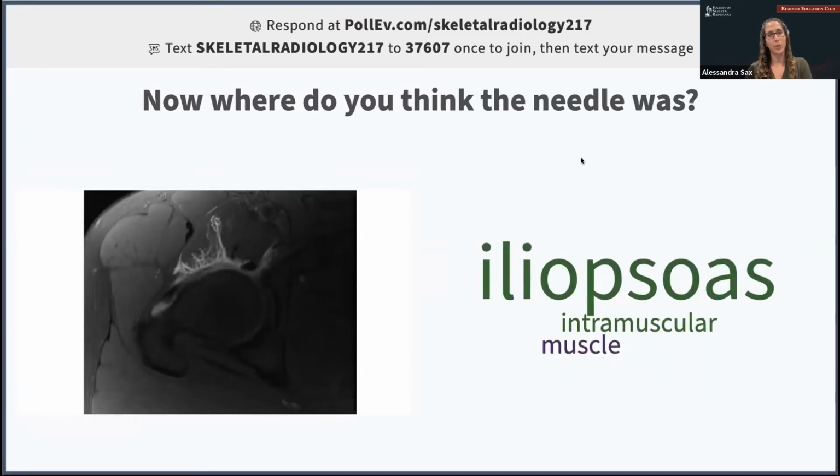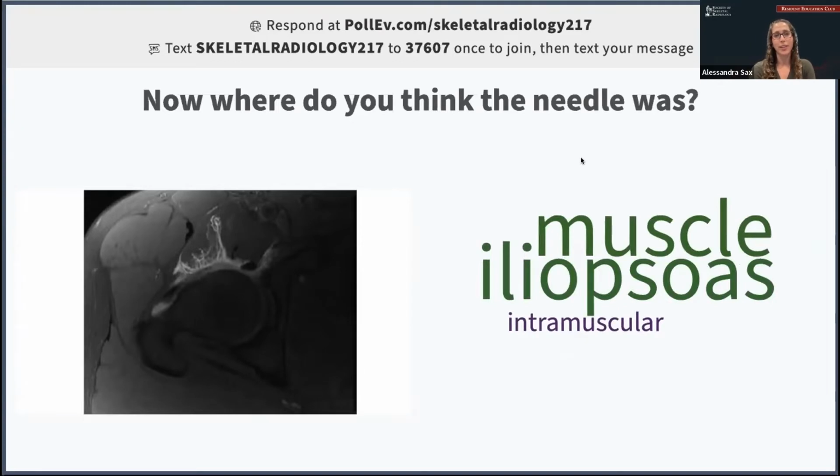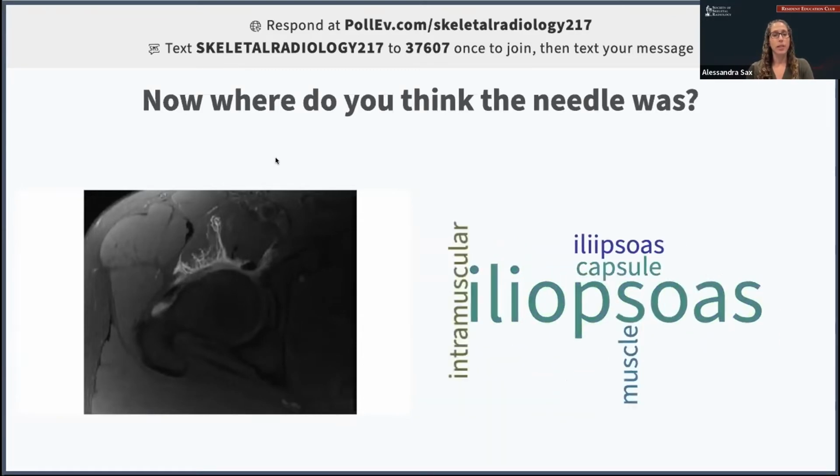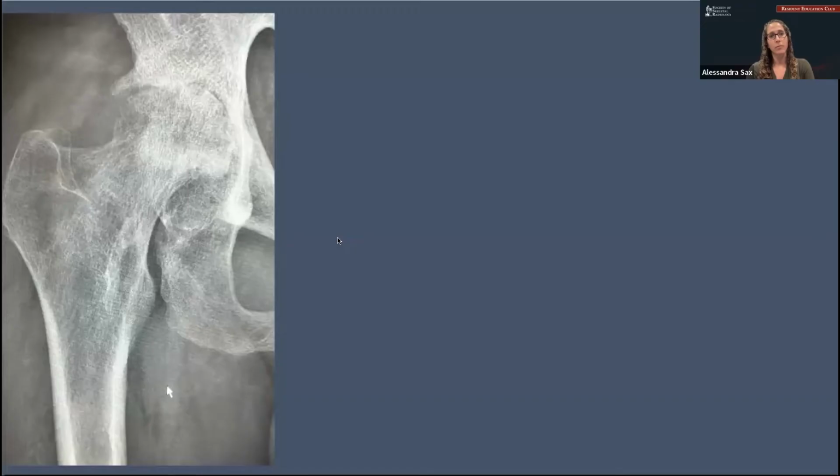Good. People are leaning towards iliopsoas, correct. I tried to prime you guys with a little quick anatomy slide, not that you wouldn't know ahead of time without that priming, but yeah, it's in the iliopsoas. So this guy was actually, after they aspirated the joint, they found that it was infected,